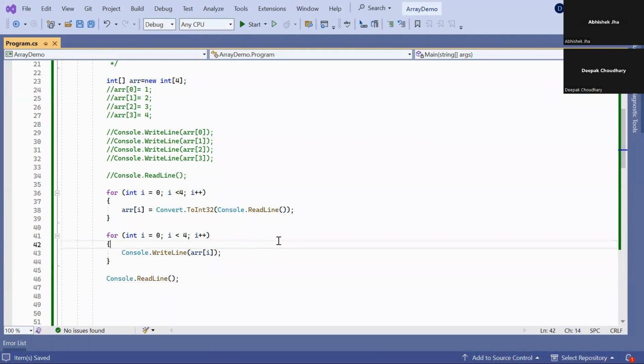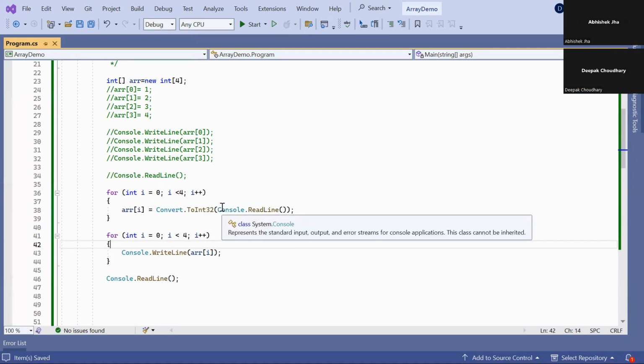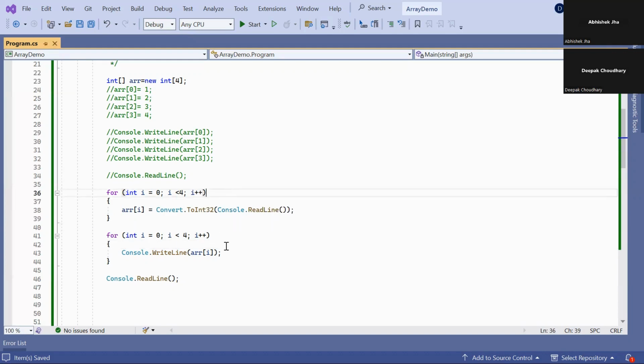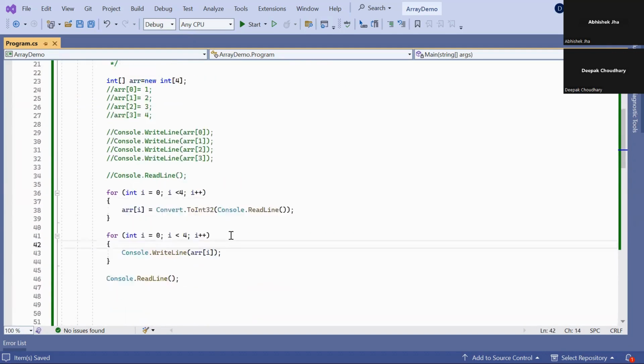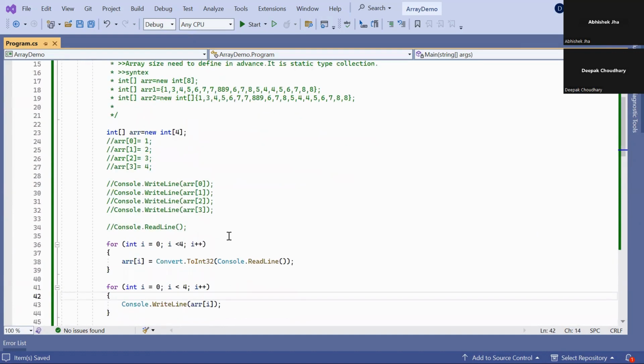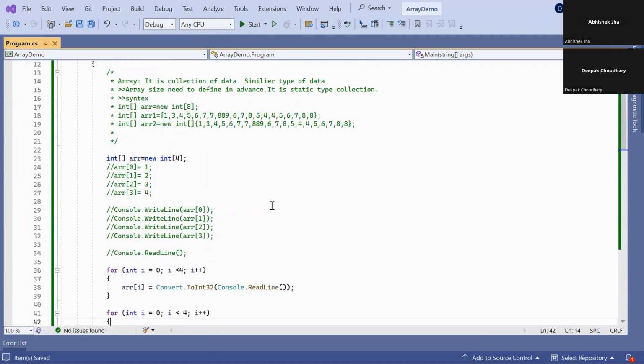Okay, so try out all these processes, looping, array. Let me know your queries. In the next class I will explain the different types of arrays. This is a single array, but there is a multi-dimensional array as well. How we declare that multi-dimensional array, we will learn in the next class. For now, you can go through all the looping and array processes and try to understand and build something.